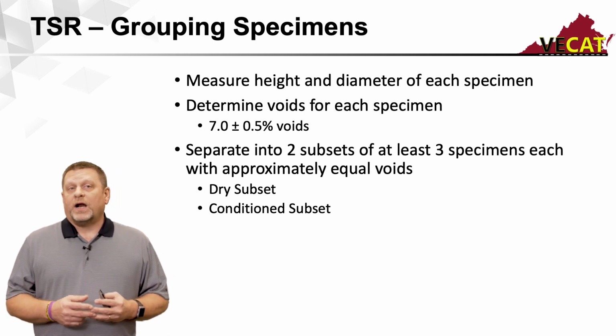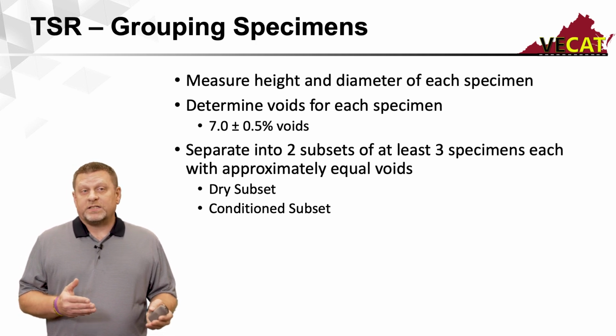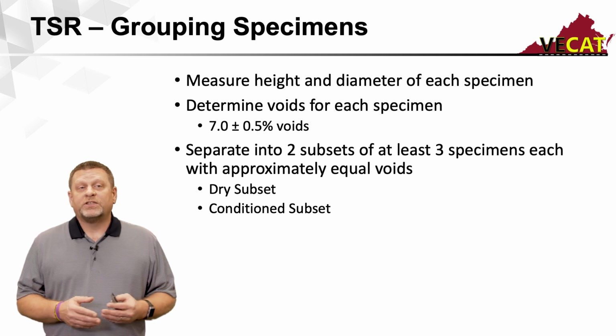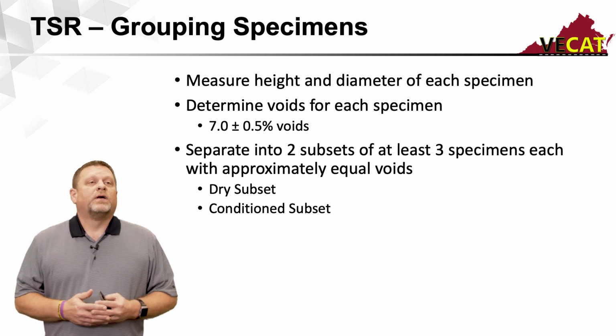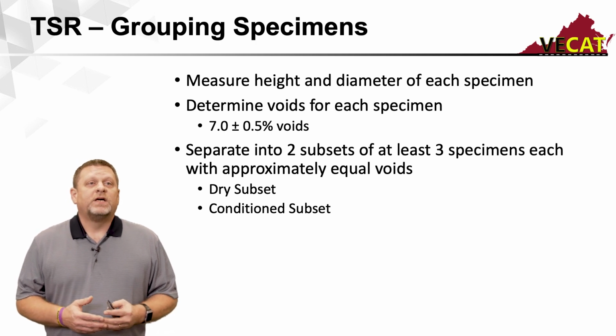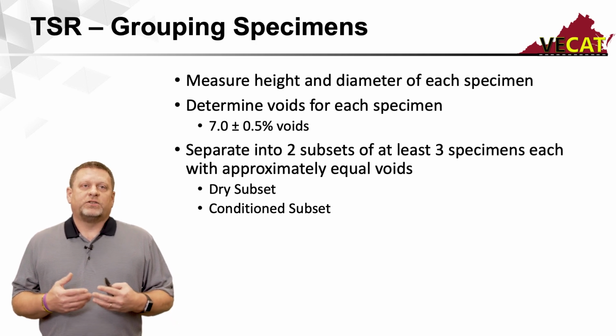All right, so that's a narrow air void range. As I stated previously, you need a minimum of 6 specimens. Here could be where 1 or 2 specimens can be outside that void range, and you would have to discard them. Once you've measured your voids on all your specimens, and your heights and diameters are checked and measured,